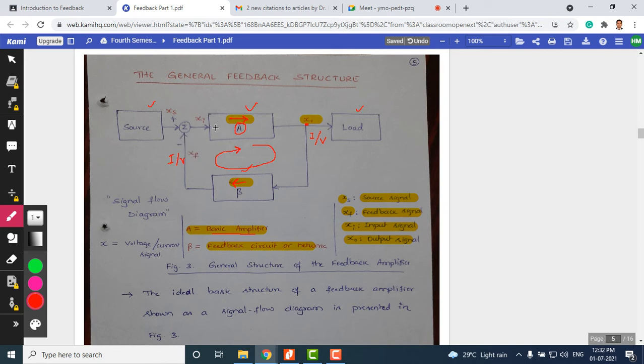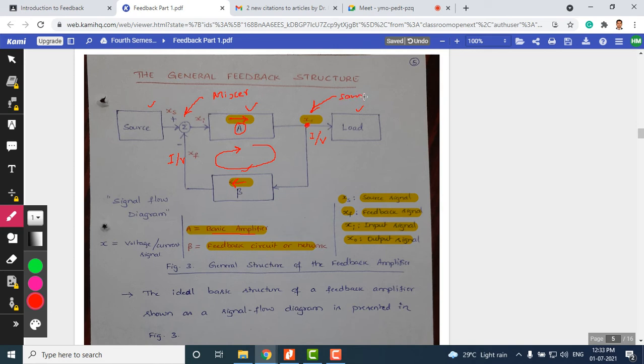So, when we discuss feedback topologies, you will understand the mechanism here, what kind of a signal we are going to sample and what kind of signal we are going to provide as an input for the mixer. This is called a mixer. It mixes the source signal with the feedback signal, and this dot here is nothing but a sampler.